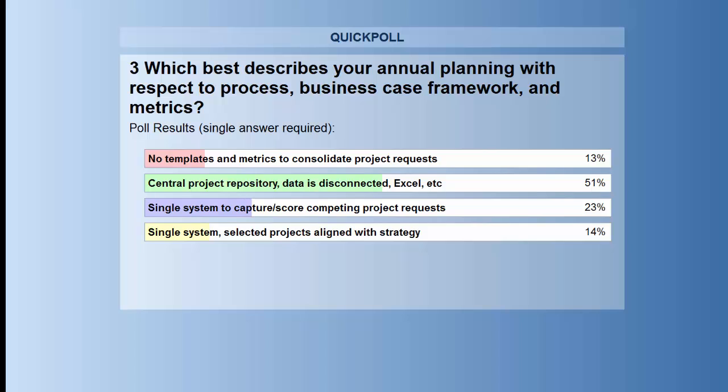Share the results. So let's take a quick look here, and we'll gauge Carl's feedback too. So the first option, with only 13% of the weighting, no ability to centralize requests and standardize business case templates. Probably not too much of a surprise. The second option has the highest weighting, 51%, which is we are today consolidating project requests, but again, the metadata concerning those requests are often managed in different tools like Excel for financials